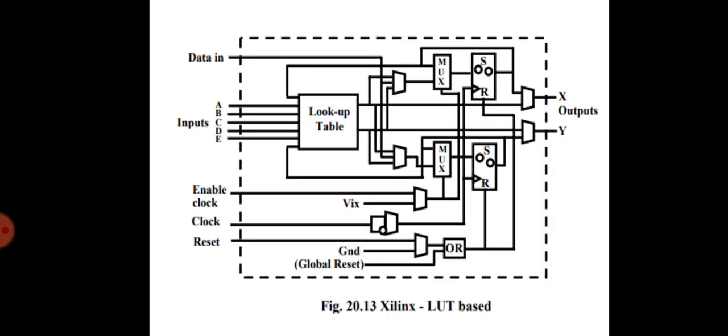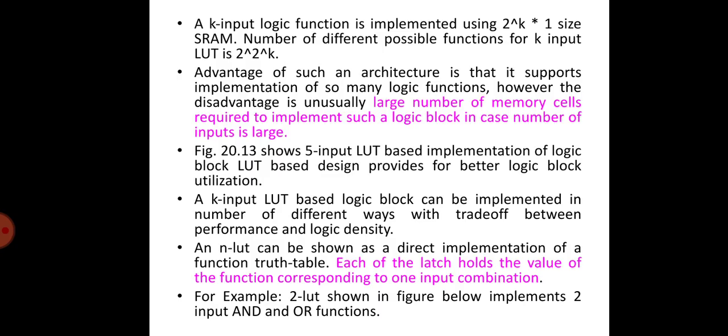What you see here is the architecture of the Xilinx, which is based on the LUT, that is, lookup table. A k-input logic function is implemented using a 2 power k by 1 size SRAM. The number of different possible functions for a k-input LUT is 2 power 2 power k. The advantage of such an architecture is that it supports the implementation of so many logic functions. However, the disadvantage here is that